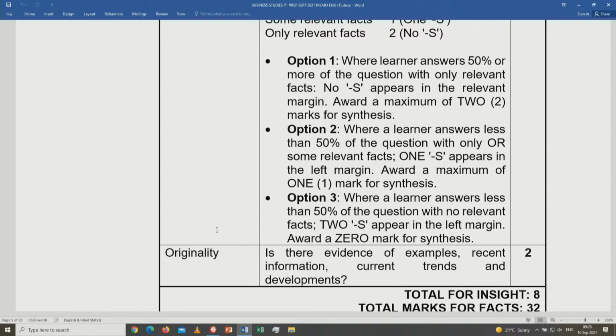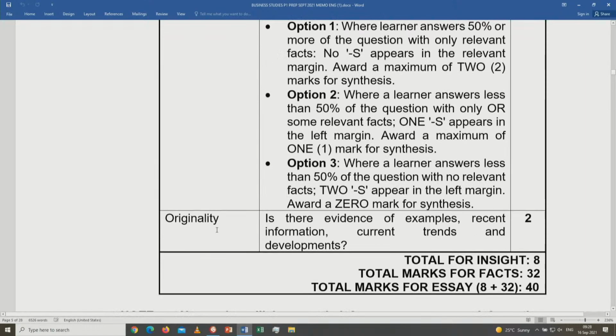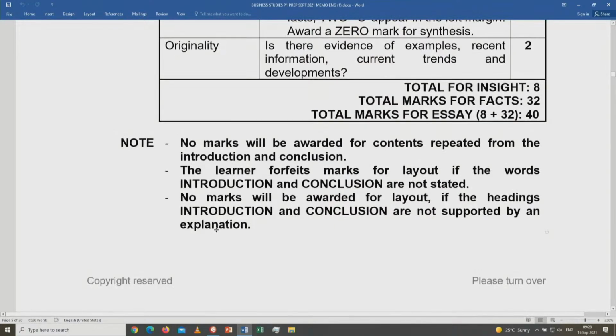But originality, it should take that extraordinary child to get that 2 marks for originality, because here you are talking about a learner who is also following what is happening currently even in the news, and brings that to class. Link that with what has been asked in the essay. And then that's 8 marks. And then please note that no marks will be awarded for content repeated from the introduction and conclusion. For example, in an essay,